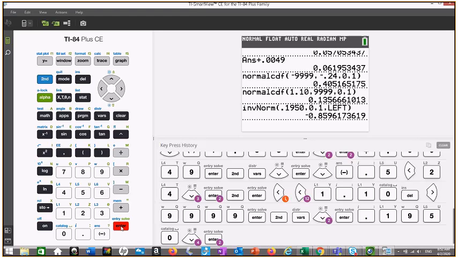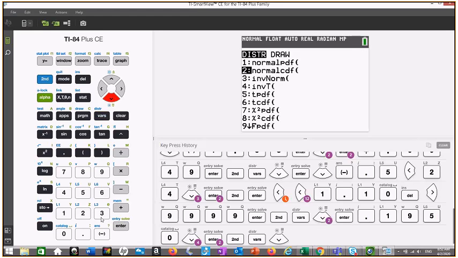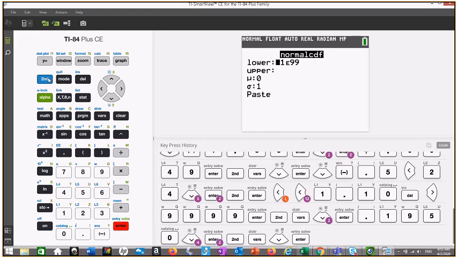Negative 0.86. So that number right there is equal to negative 0.86. Now you can do the right-hand side, or you can just say positive 0.86. But I'm going to do it just to give you more exposure. Second vars, normal CDF, and I'm sorry, I'm doing something different. Second vars, inverse norm,